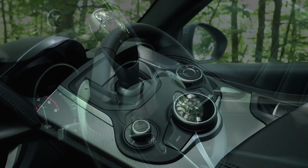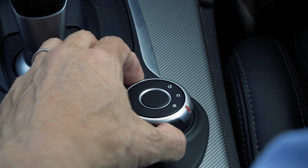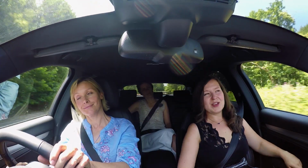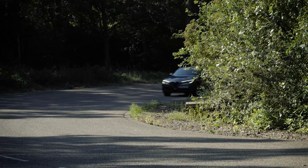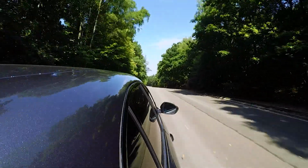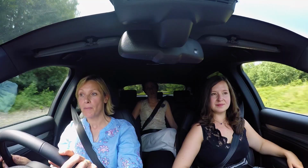but I really love these whopping great big gear change pedals, and of course, Alfa's DNA response system, which stands for Dynamic, Normal and All-Weather. You do also have these lovely embossed seats, which I love. This car is the biggest here, the tallest, the widest and the longest, but it's got the most impressive performance figures. The chassis is good, but when it comes to handling and going around corners, I'm a bit restricted on